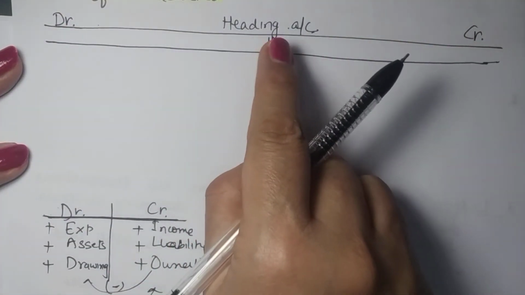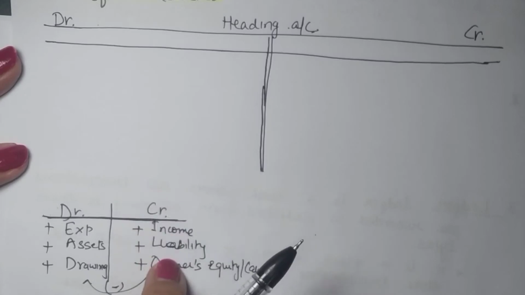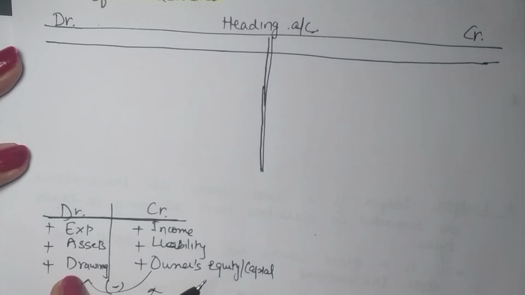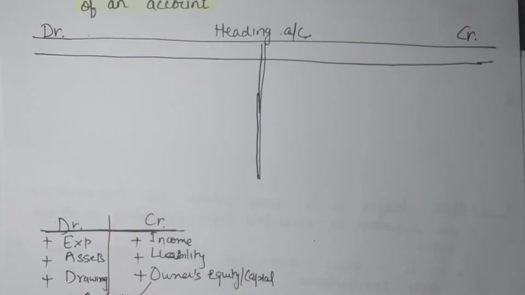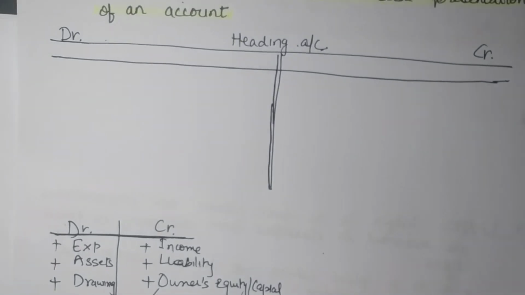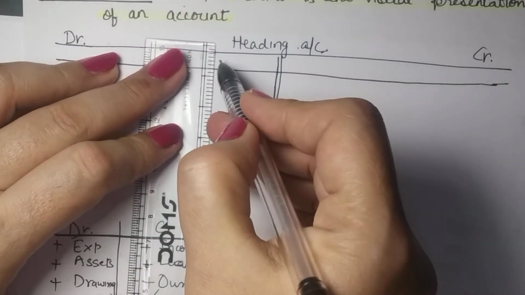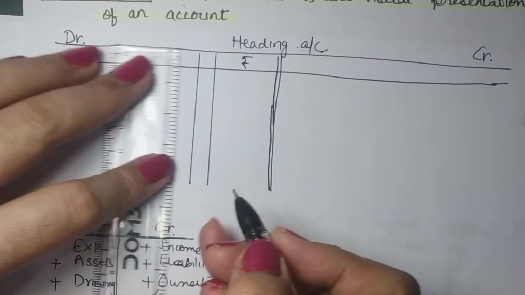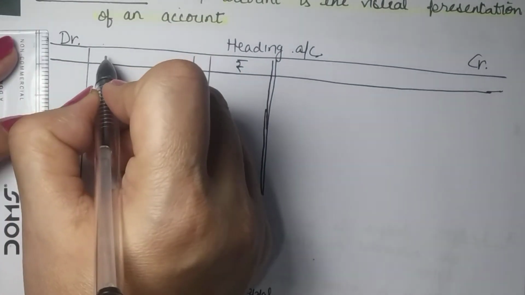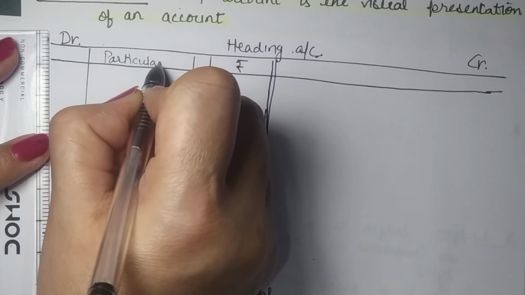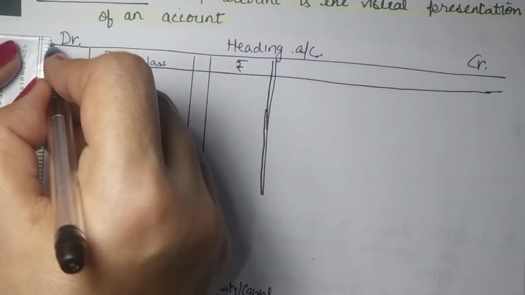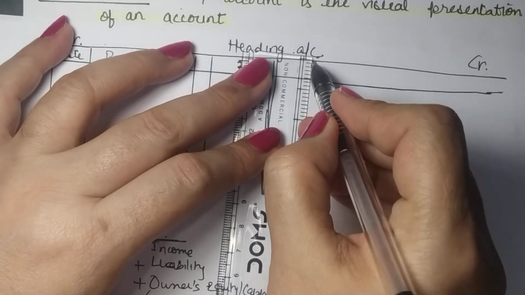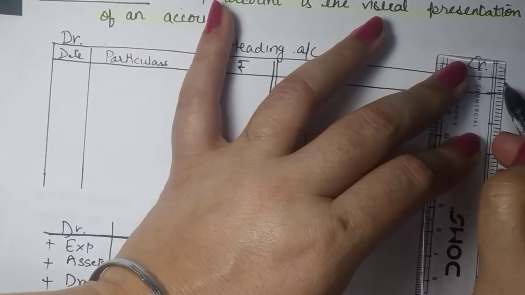So if I am making an income account, then this is plus, income is on this side. So credit is plus, this is minus. If I am preparing an asset account or drawing account, then this is plus and this is minus. So this is how an account looks. Now in each side we have certain columns. Like we are to show the amount, so there should be a column for amount. Secondly, it should show the transactions, like why is it coming here on the debit side, what has caused this change, and a date, that is the date on which the transaction has taken place. So you have certain columns on each side.